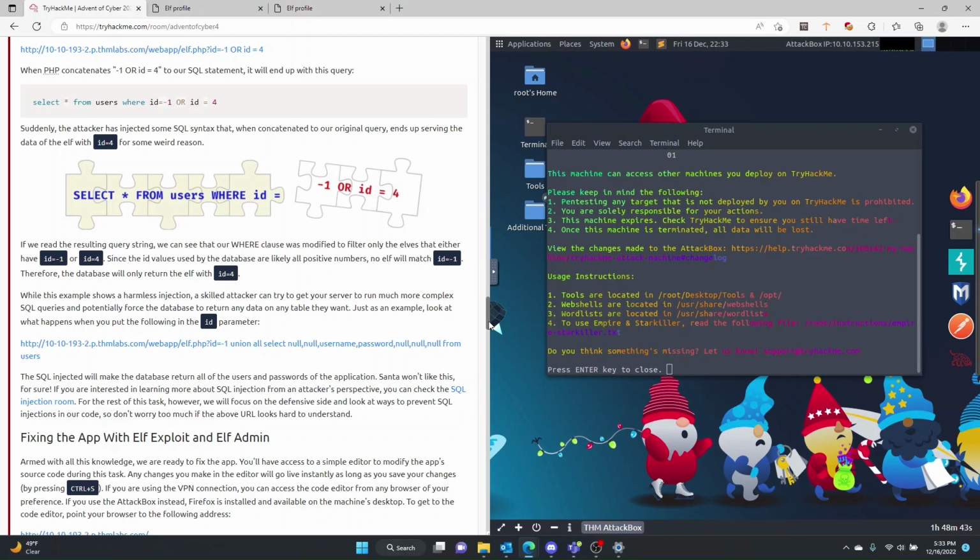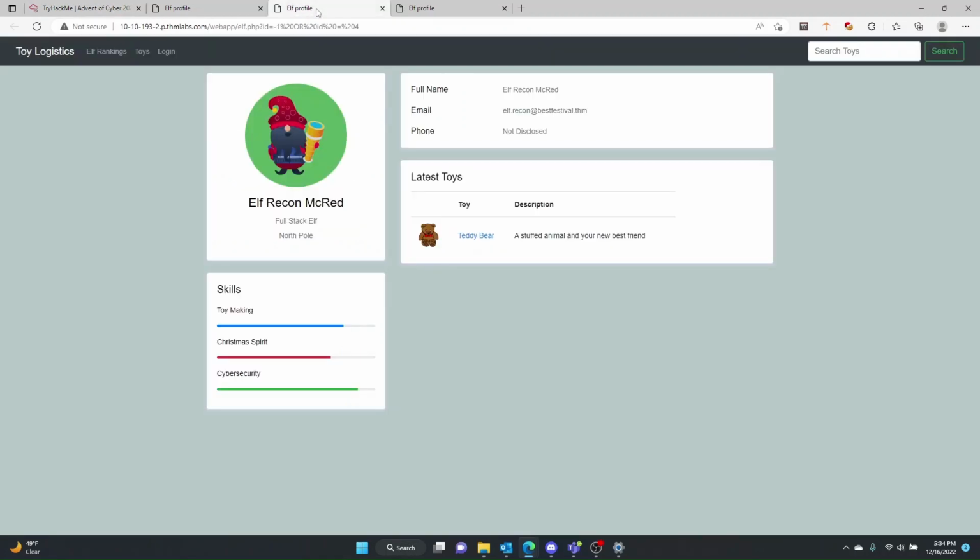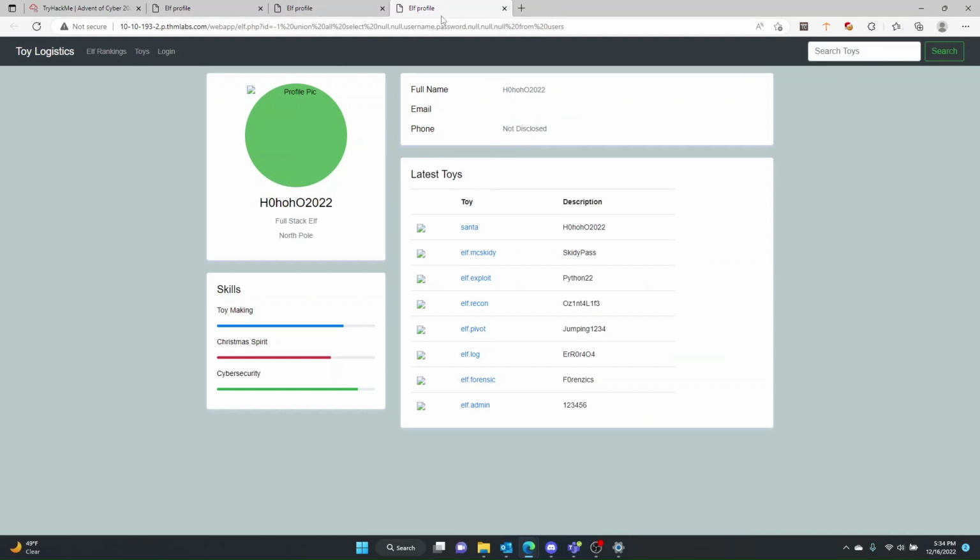While this example shows a harmless injection, a skilled attacker can try to get your server to run much more complex SQL queries and potentially force the database to return any data on any table they want. Just as an example, look at what happens when you put the following in the ID parameter. Okay, so let's open. So this returns ELF 4. This returns,